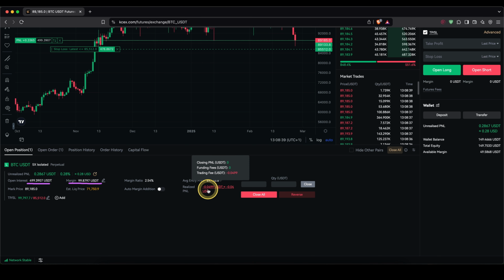If I close, for example, parts of the position, take some partial profits or losses out, I will see them right in here. And also it's pretty nice because it's also visible, for example, how much of that is for the trading fee. So at the beginning, you will see always it's a small loss. In this case, I'm like 5 cents in a loss right here